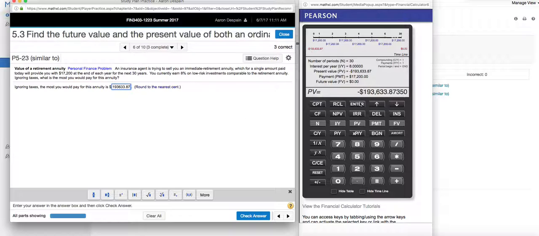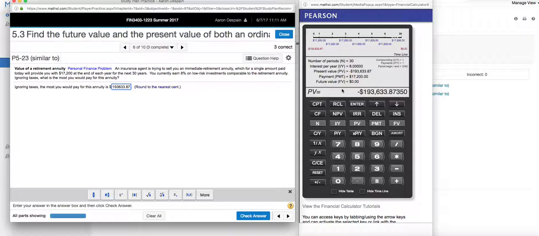Obviously, we're not going to be inputting a negative number, but the number shows as negative because that is an amount that we would pay out for the investment. So think of it as money out of your pocket, money out of your bank account that would be paid out to buy the investment, and the cash flows of $17,200 would be money that we would receive. So we enter it in the calculator as a positive number. Incidentally, you could enter it either way. You could have entered the $17,200 as a negative number, and your present value would have simply returned as a